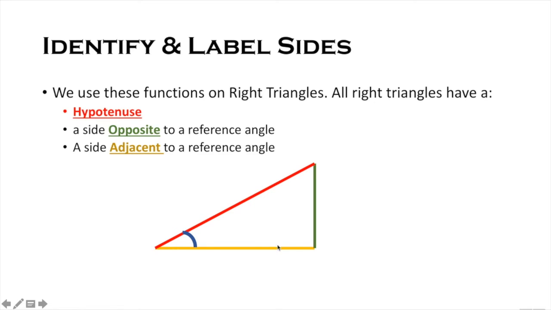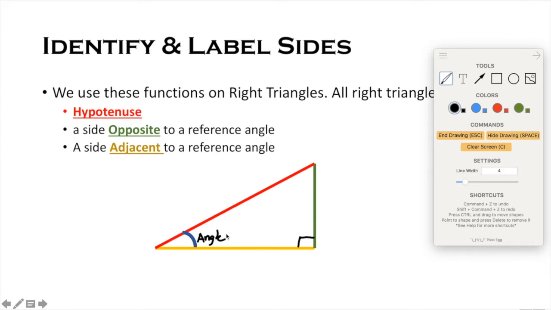And if you've got a right triangle and you know one of these two angles here that isn't the right angle, okay, so if we're given a reference angle and we know what it is, we know that the side that is directly opposite the angle, well, we're going to call that the opposite side. If we're talking about trying to find sides of triangles given certain angles,